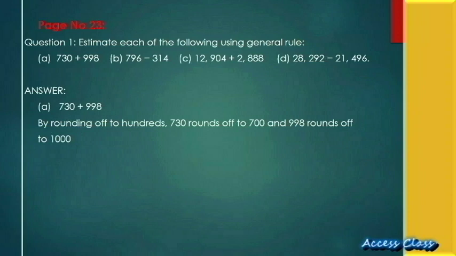Okay, let me proceed. If you are going to add 700 and 1000, then what will you get? Yes, hurry up, do it fast. Yeah, that's the right answer: 1700. See, 700 plus 1000, you will get 1700. Now let's move to the next question.